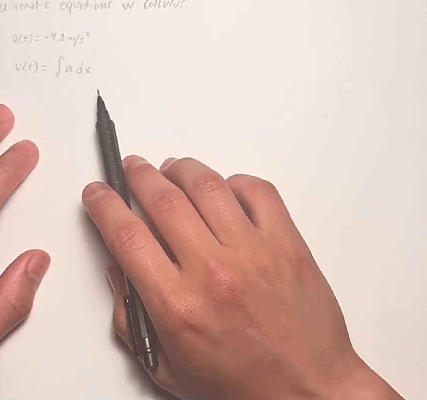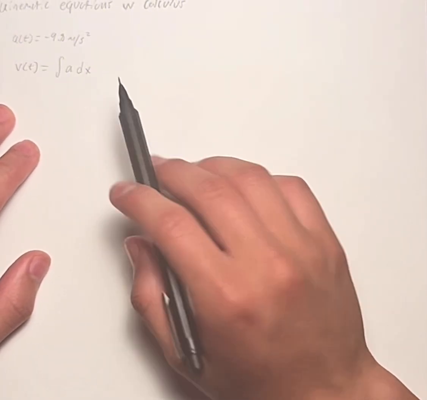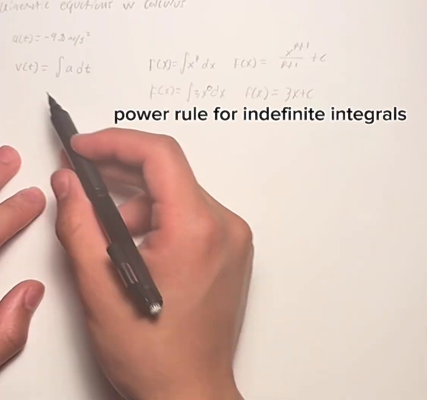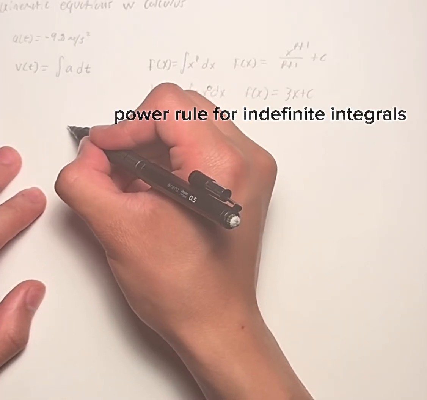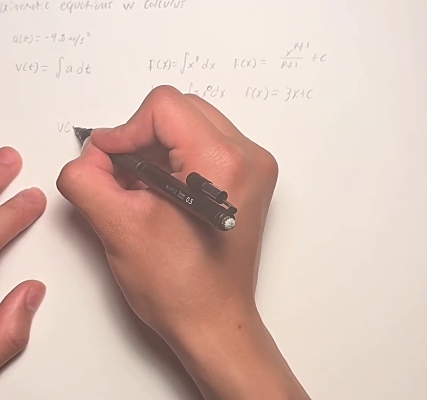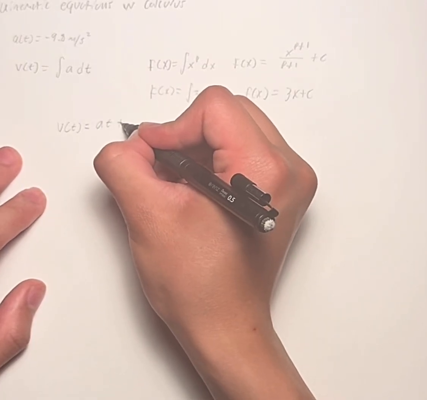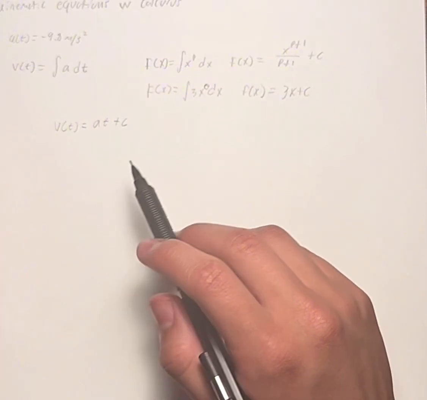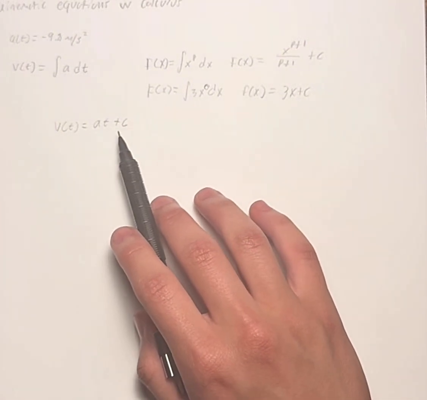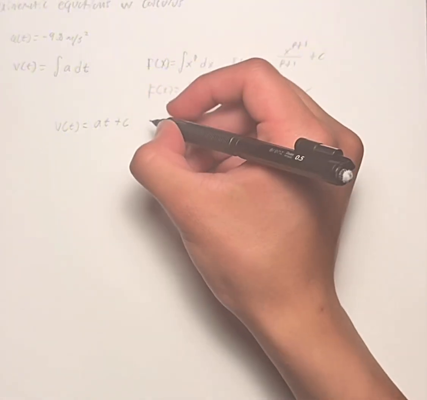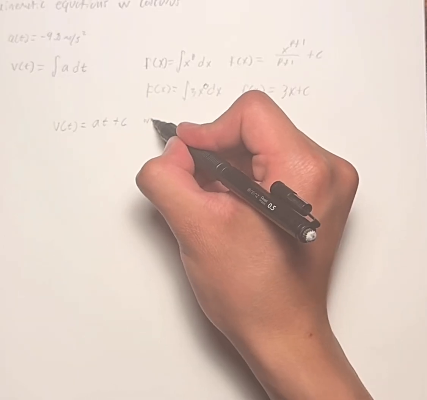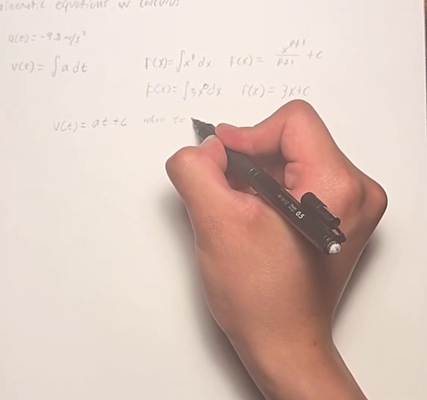And so now using what we know about integrals and solving indefinite integrals, we're going to rewrite this right here. And we're going to say v of t is equal to at plus c. And so now we can solve for this constant right here. Well, we can just say that when t is equal to 0,